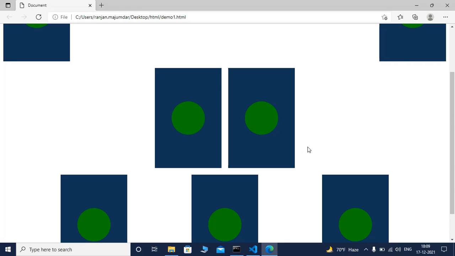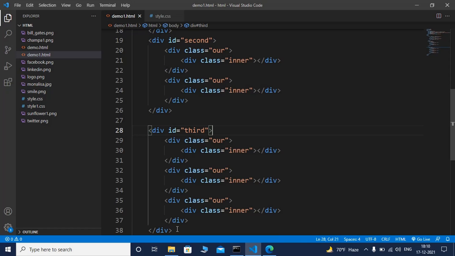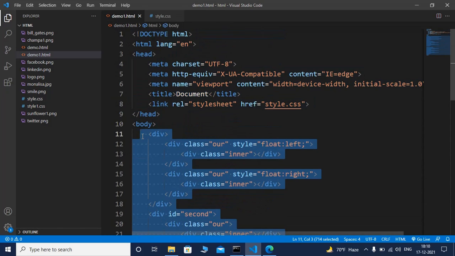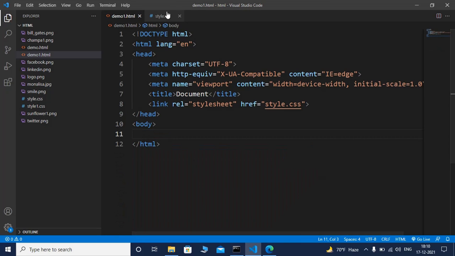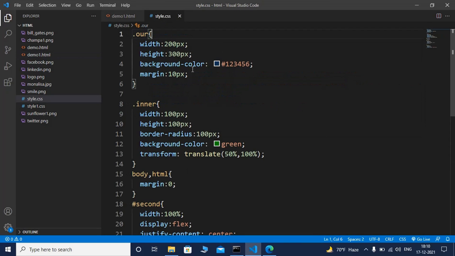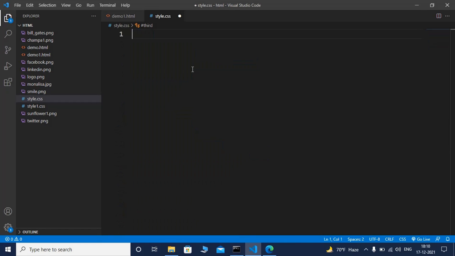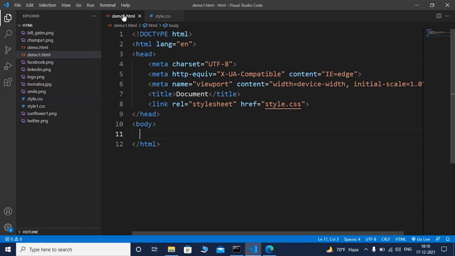Okay, you can see this is the output of the last assignment and this is the solution of the last assignment. Now the next property is writing mode. Here I am erasing the entire code and saving it. Here I am selecting the entire code, erasing the code and saving it. Okay. Now div id right. Here I am using